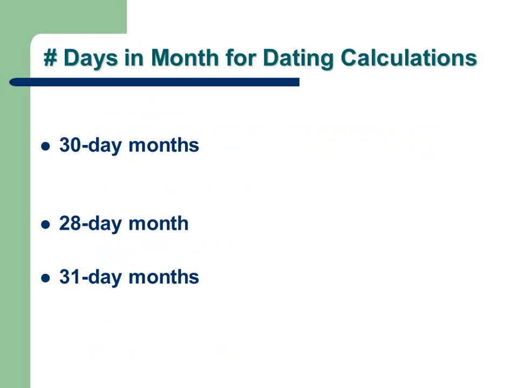Before we move on to the specific types of dating terms, I would like to make sure that we all understand how many days exist in each month, because this is going to be a critical piece of information that we have to remember for us to be able to decide on the right last day for cash discount and the exact day for the net payment due, because we don't want to miss a day because we miscalculate the